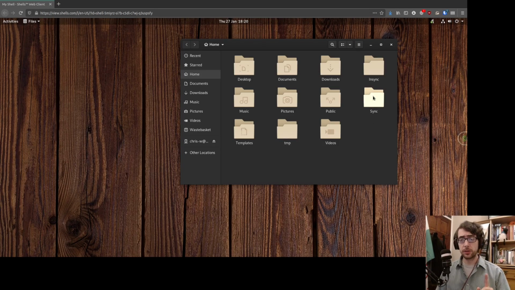I've got InSync and I've got SyncThing. InSync is a proprietary service that does actually cost money, but it does sync to Google Drive, Dropbox, and OneDrive. It is actually a pretty neat piece of software, but it isn't cheap. But I do recommend that, particularly to people who are more casual or non-free software enthusiasts when it